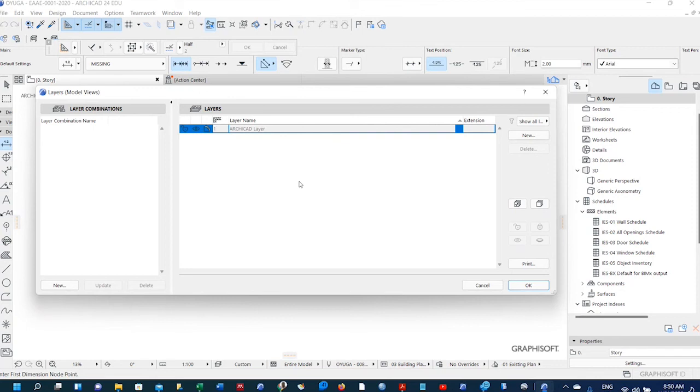Allow me to create layers. Let's assume the foundation is done. So let's do the layer for the wall. Let's do the layer for the column. Let's do the layer for the beam. Let's do the layer for the slab. Let's do 4, okay? So if I say new,